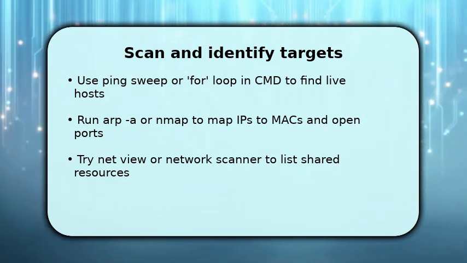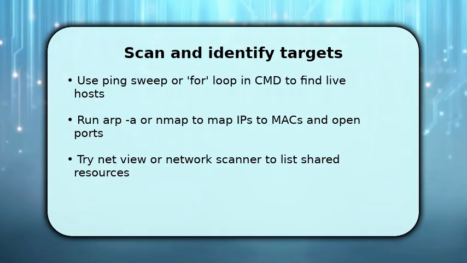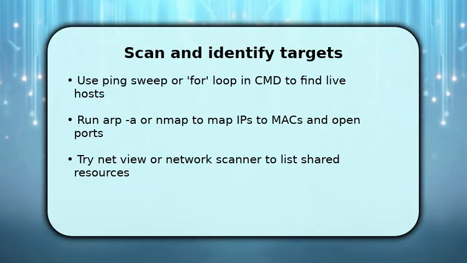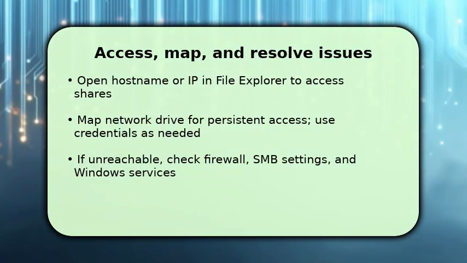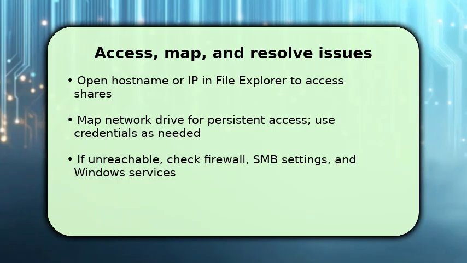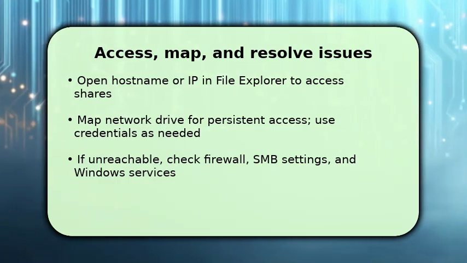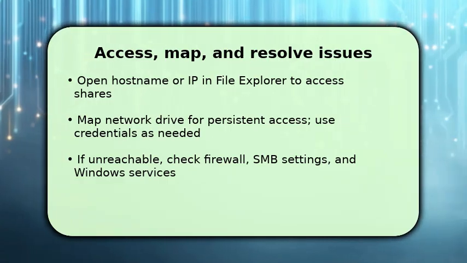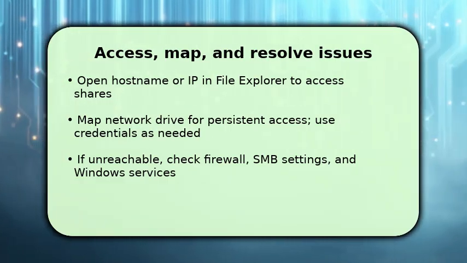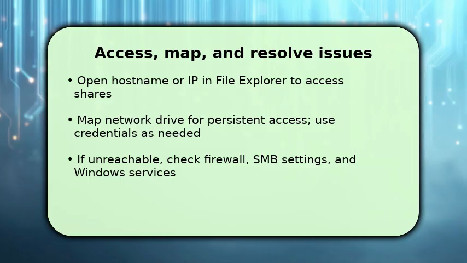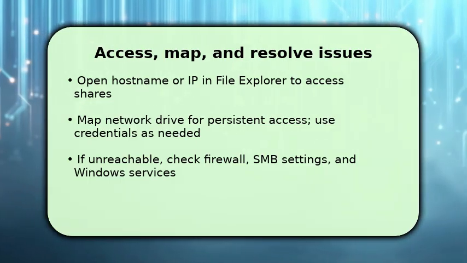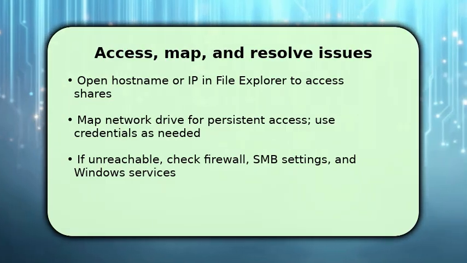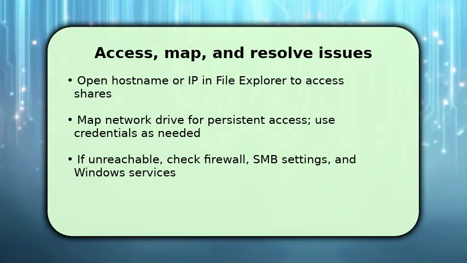You finish by connecting and making access convenient. Type \\hostname or \\192.168.x into File Explorer. When prompted, supply credentials or use guest access if allowed. If you need regular access, map the share to a drive letter and choose Reconnect at sign-in. Make sure permissions are correct on the remote PC so you can read or write. If connection fails, check that Windows Firewall allows file sharing, that SMB is enabled, and that